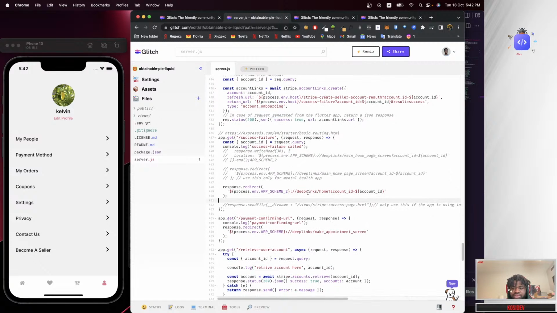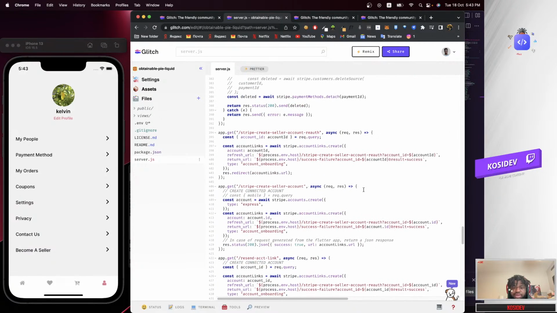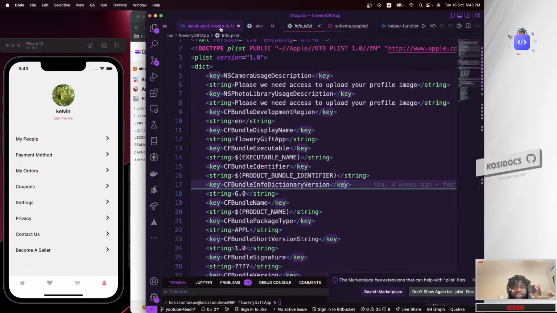And then we are saying we want to navigate to the home part of the app, and we want to pass this ID whenever we navigate to the home part of the app. So that's what the deep linking is all about. Like I said, we hit this endpoint to create a seller account, and when the creation is successful, it will take us to our user app by passing in the ID right over here. So yeah, let's get back,